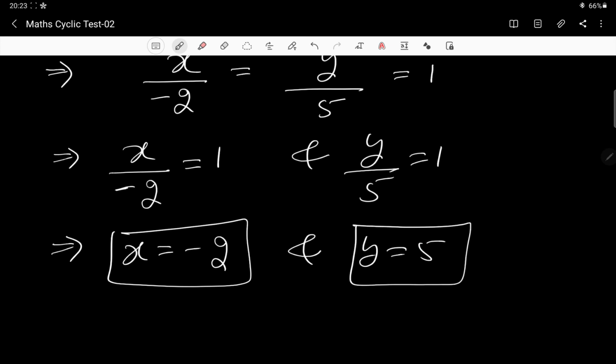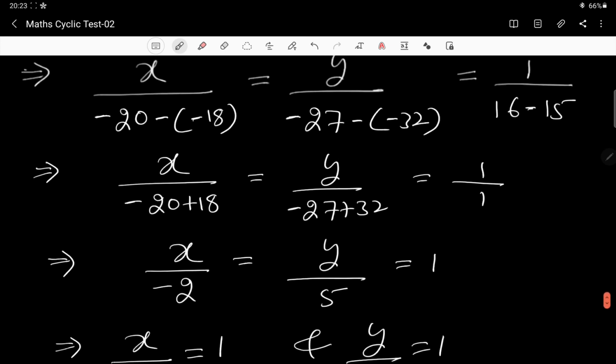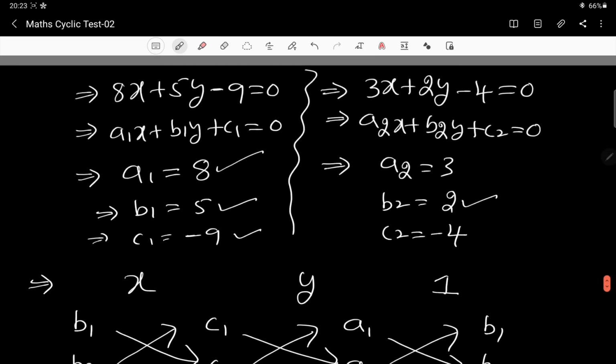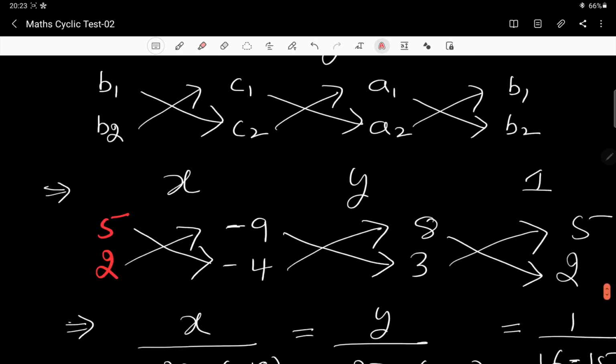Cross multiplication, everybody feels it is difficult, but it is quite easy. The only thing is that while writing all this, you have to bring this into standard form only. Then you should write those values, and you have to be careful while writing all these values.